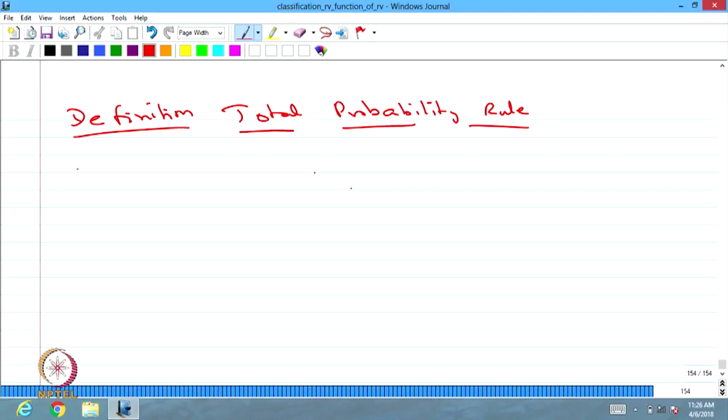What it says: let A1, A2, and so on be a sequence of events in F such that